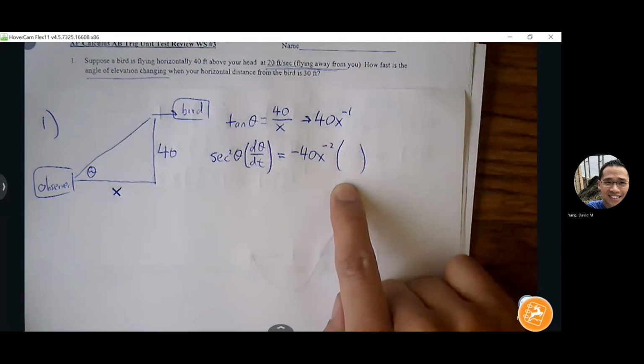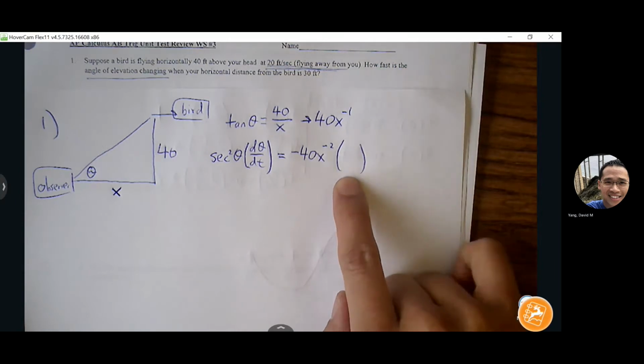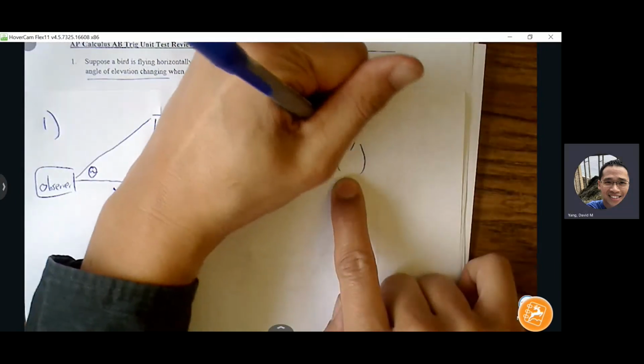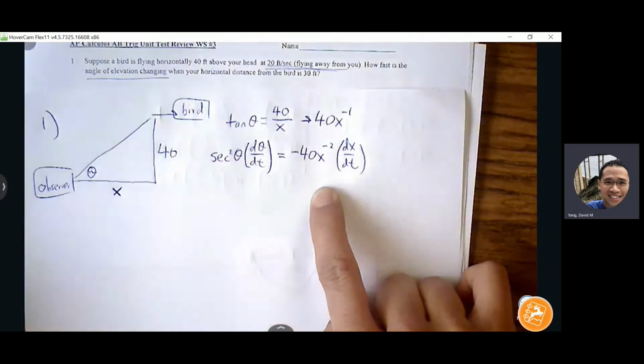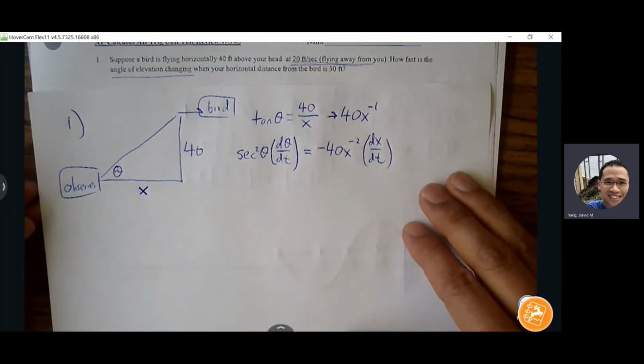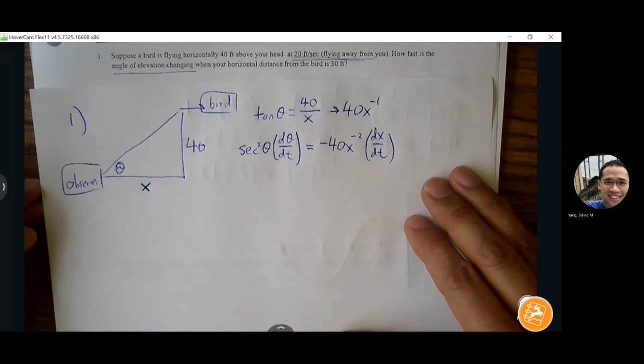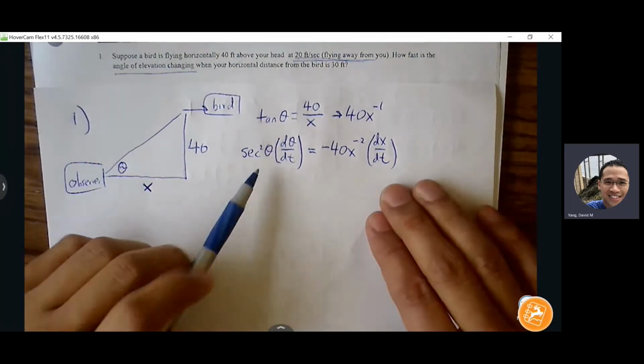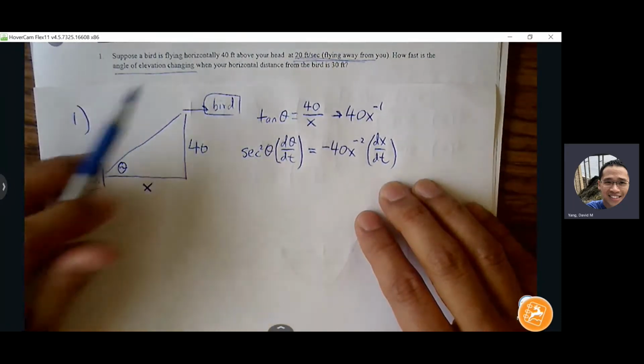Times. Good. Every variable has a time component. Okay, so we can definitely clean this up a little bit, but let's just go ahead and go back to